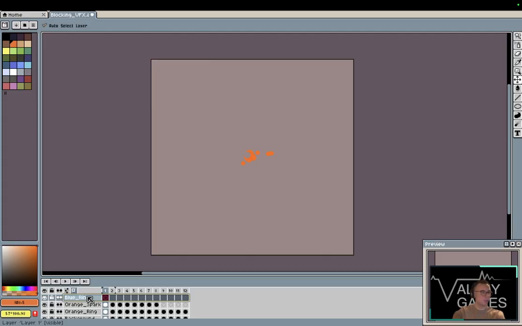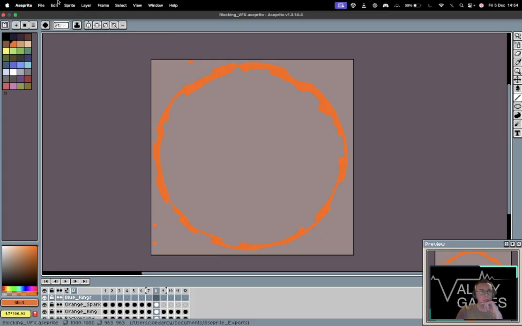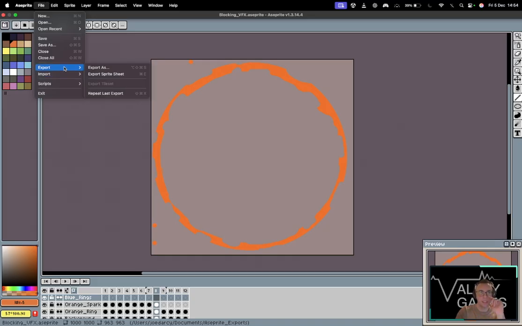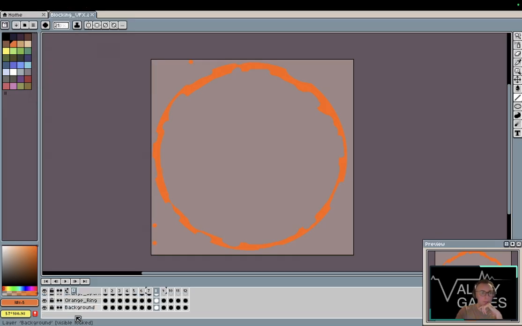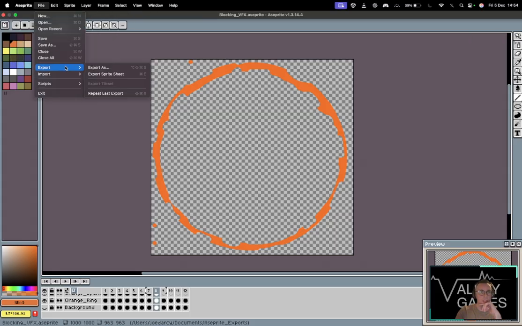rings, plural. It's got lots of rings, right? And this one's going to be a little funky, I think, because we've got our main little effect ring going on there, which is kind of fun. And what could be fun to do for this would be maybe to let's export it. So turn off the background, go to File, Export Sprite Sheet,